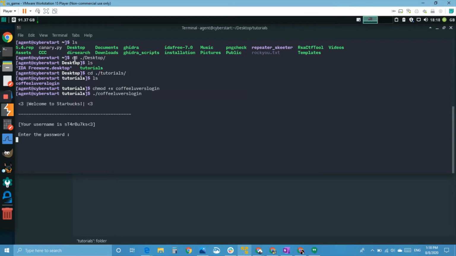So great, now we have the program running. It tells you that the username is Starbucks heart, and now we have to somehow log in. Now if I just type in something random, it's going to say wrong password, right? All right, so I'm going to press the up arrow key to select my previous input,